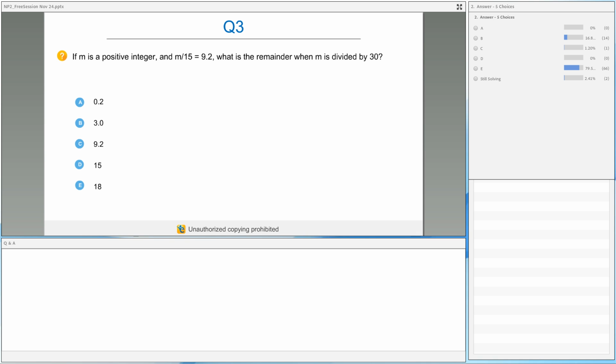So I have a clear split. Obviously, the majority thinks the answer should be E, but a few of you think the answer should be B. This question was specifically created just to test whether you are solving the question using correct logic or you are just blindly solving it. So the answer in this case obviously is E. And I'm sure by now you must have understood to write these things. When m is divisible by 30, I need to find out...